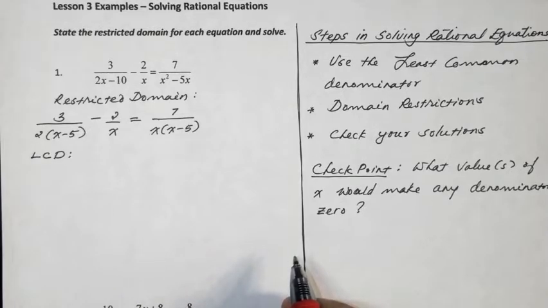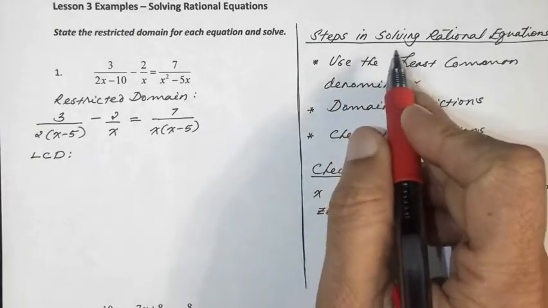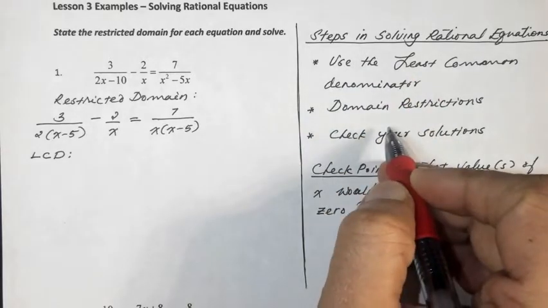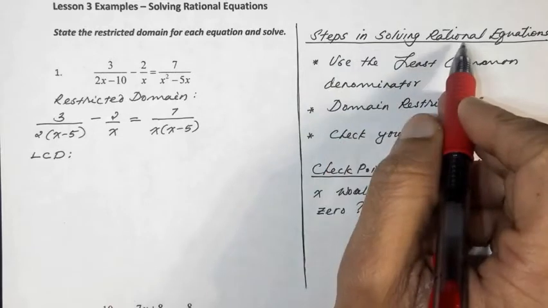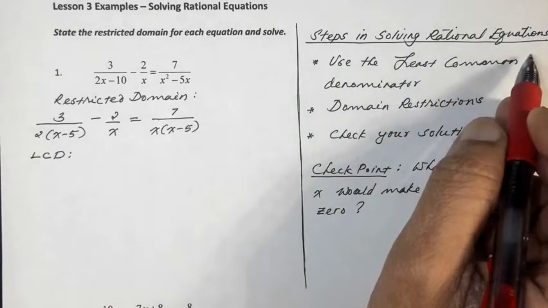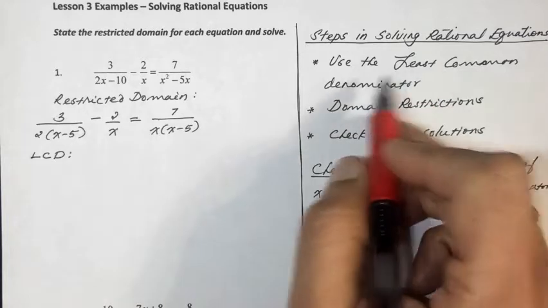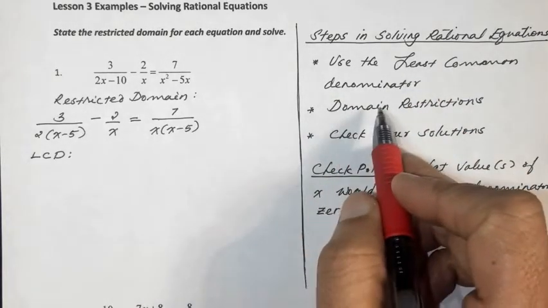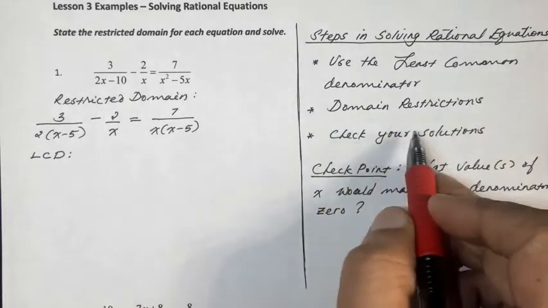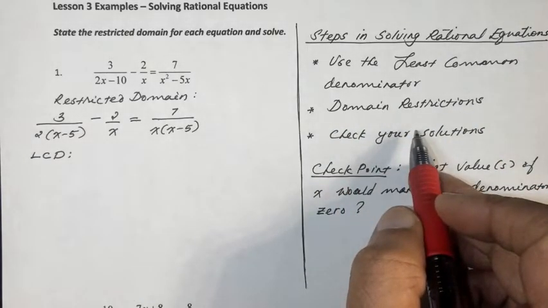Okay, students, we are trying to find a couple of examples under solving rational equations. So before we start, be mindful about a few items that we need to take care of. These are some of the important steps in solving rational equations. First one, use the least common denominator. Second one, we need to look at the domain restrictions, and once you get your solutions, don't forget to check